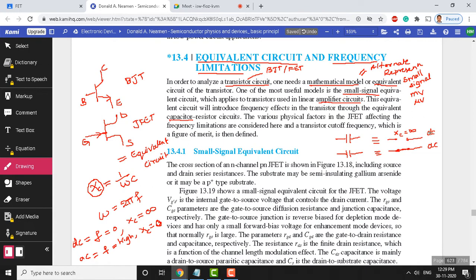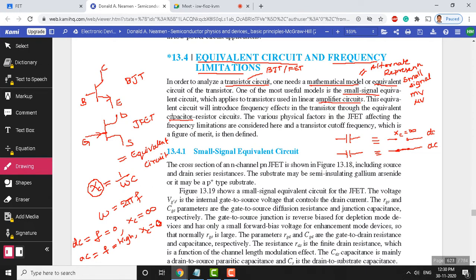A DC signal means a signal with frequency 0. The reason I have taken this up is that our equivalent circuit for the JFET consists of both elements like a capacitor and a resistor. A resistor is not sensitive to frequency. It's a linear element. If you see the voltage versus current characteristic, it's a 45-degree graph. With reference to V and I, it is linear. Whereas a capacitor is non-linear, and it behaves differently at different frequencies. Now let us see other things. In the equivalent circuit, you will come across capacitors and resistors.